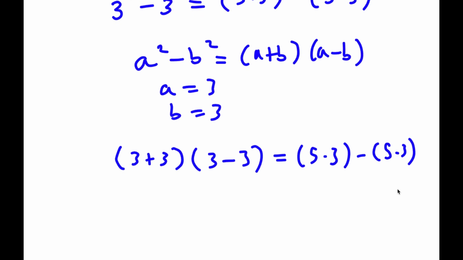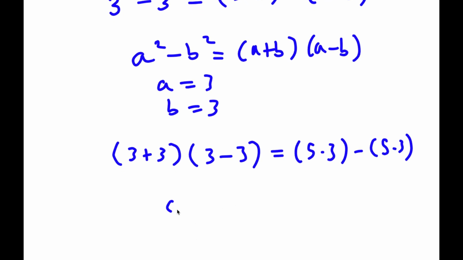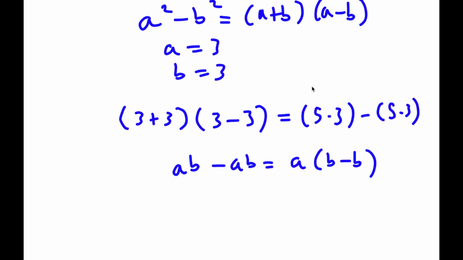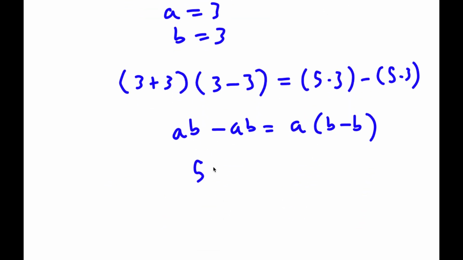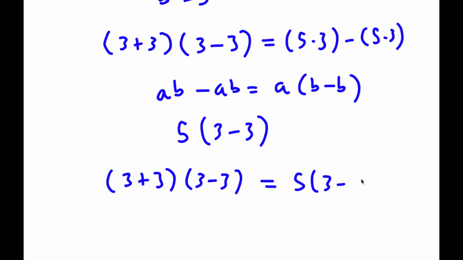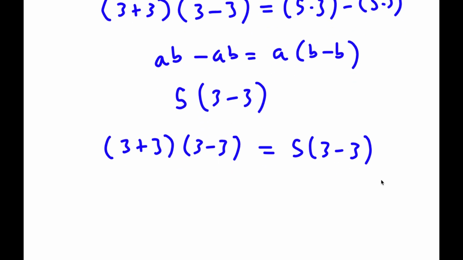Now, if I have something in the form a times b minus a times b, this is the same thing as a times b minus b. So I have 5 times 3 minus 5 times 3, and if I factor out 5, I get 5 times 3 minus 3. So now I have 3 plus 3 times 3 minus 3 is equal to 5 times 3 minus 3. Now, if I divide both sides by 3 minus 3,